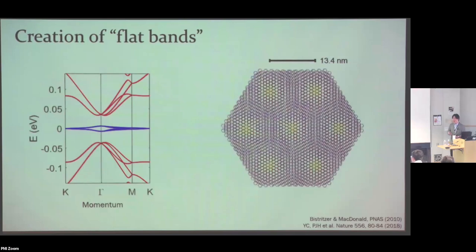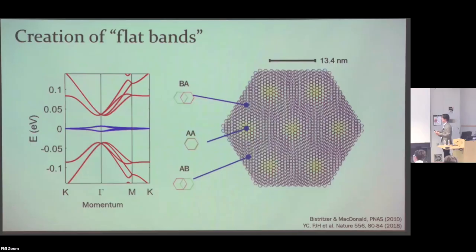Okay. And of course, this has consequences in real space as well. When you put your Fermi energy inside this flat band, the electronic states are now localized in these so-called AA spots. You can think of it as the electrons being stuck in these spots with some hopping amplitude between the different spots. And this is what gives rise to all the interesting, Coulomb-dominated physics that happens in these materials, because the kinetic energy is now quenched when your Fermi energy is inside one of these flat bands.